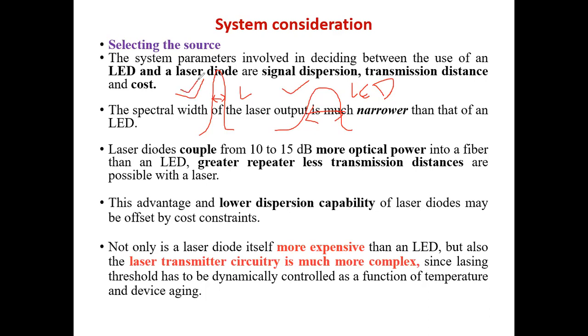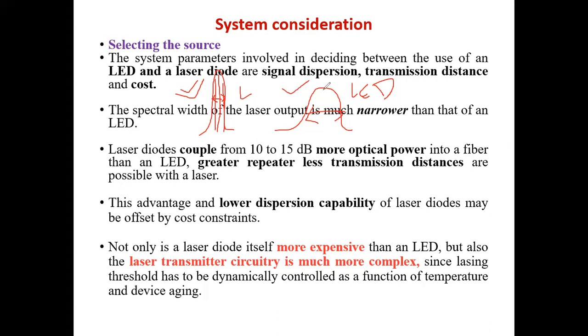So we will go for a narrow spectral width because the narrower it is, the fewer the spectral components. Even if I say 1550 nanometer, it is a round-off, I will be taking wavelengths around it. So suppose I have 1559 here, I will have a spectrum of these wavelengths, and we have seen that these spectral components travel at different velocities, and that is why we have pulse broadening.